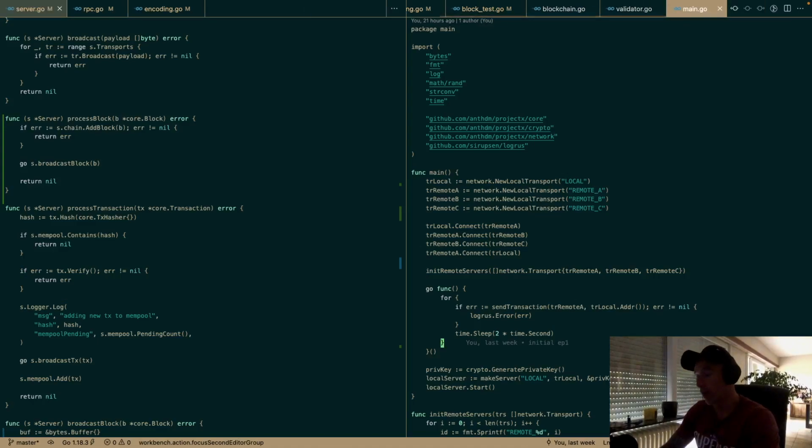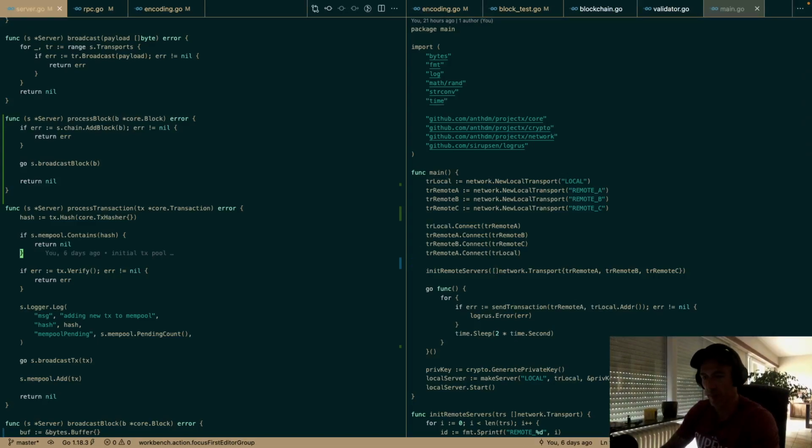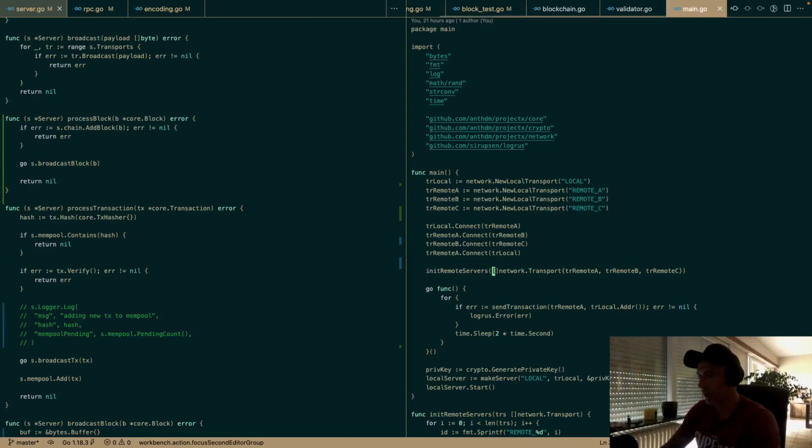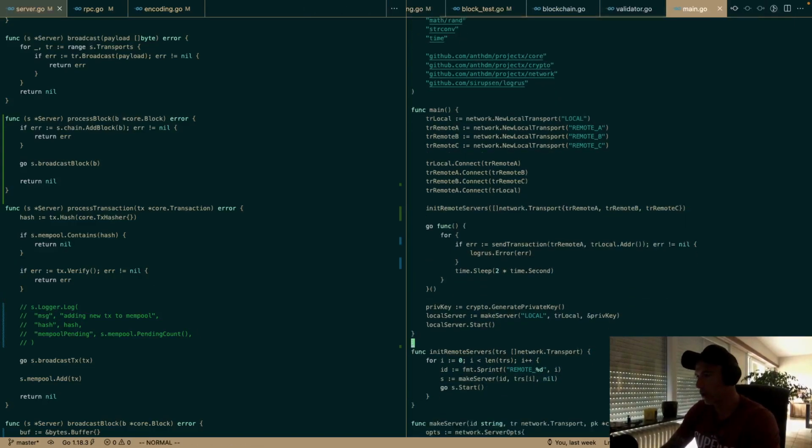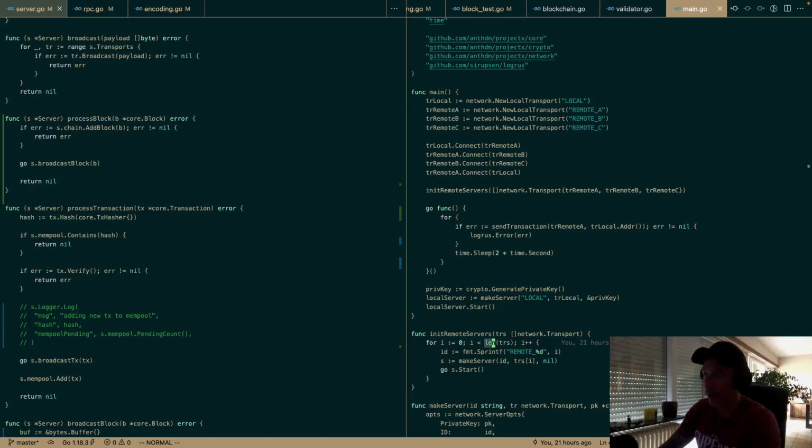So the problem rather is, and I can demonstrate this to be honest, let's make sure we disable this logging, because otherwise it's so hard to follow up. Right now everybody is in sync, and the reason for that is because everybody's booting up at the same time, so nobody is behind and nobody is ahead, and everything is just perfect equilibrium, perfect harmony. But what if we do something like